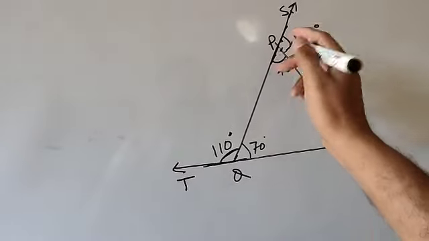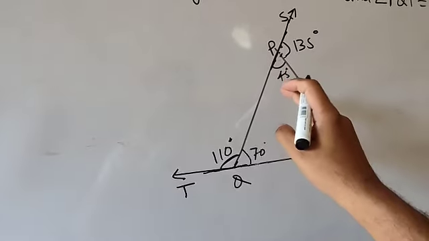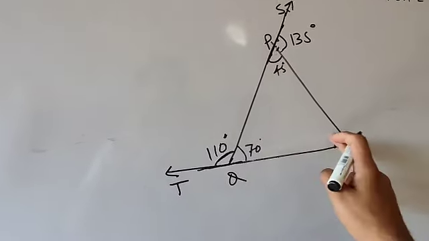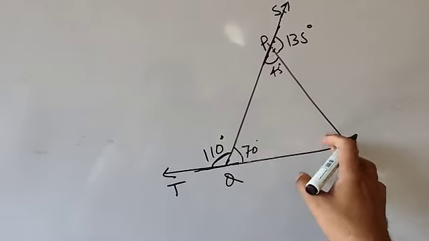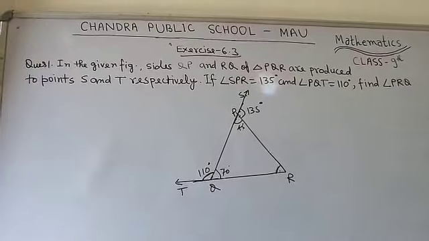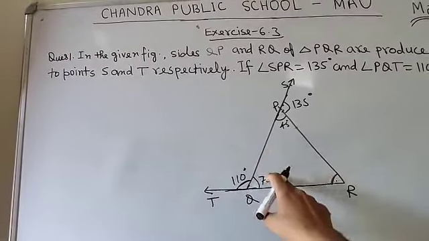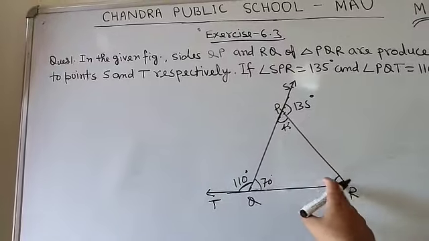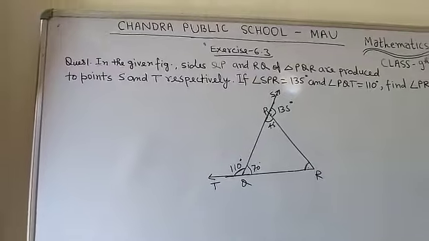Now in triangle PQR you have two angles. The sum of these three angles will be 180 degrees. So this angle plus angle PRQ equals 180, so you can find angle PRQ. Students, you need to give the proper steps to solve this question. It is a simple question. First you need to find these two angles by linear pair of angles, and after that use the angle sum property of the triangle to find this angle. So solve this question by yourself.